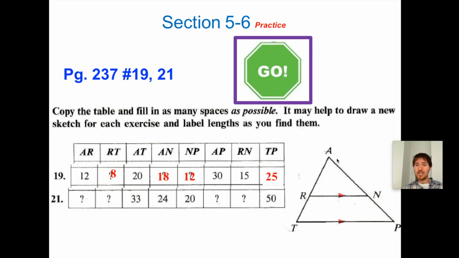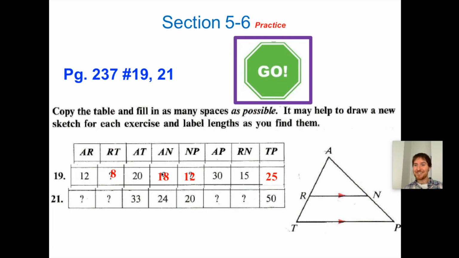AP is 30. So this is going to be in a 2 to 3 ratio. Whole to whole equals part to part. So what you could do here is, to get AN equaling 18, this here is 20, this here is 30, so this is in a 2 to 3 ratio. We know that this is 12, so we could set it up as 2 over 3 equals 12 over